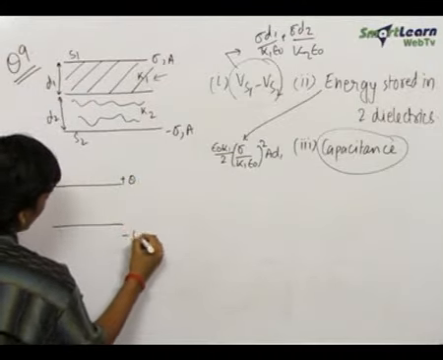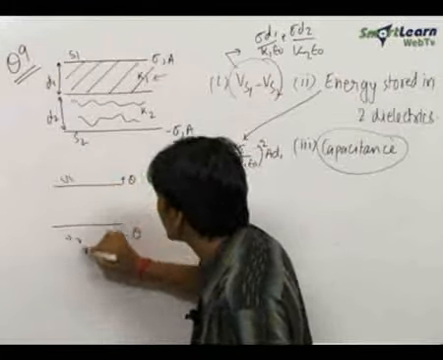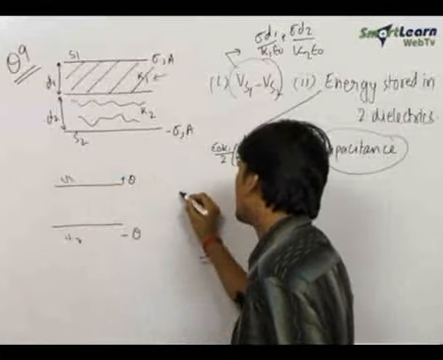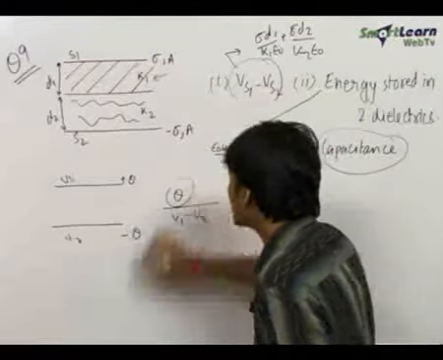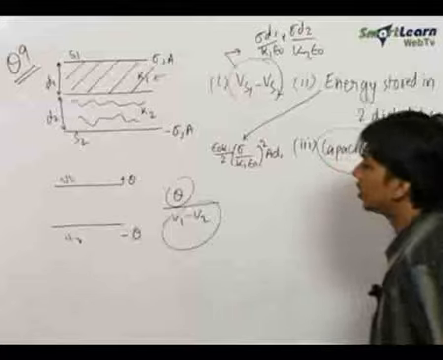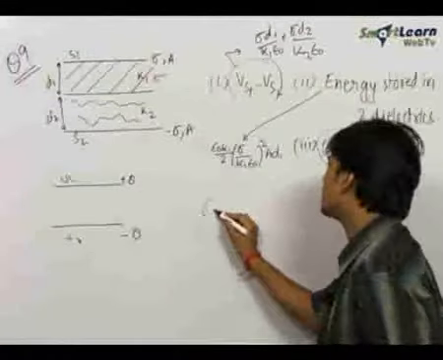Suppose this is Q, this is minus Q, the potential over here is V1 and the potential over here is V2. Then the capacitance of this system will be equal to Q upon V1 minus V2, that is the total charge upon the potential difference between the two plates. So for this system also we write it in a similar fashion. The capacitance will be equal to,